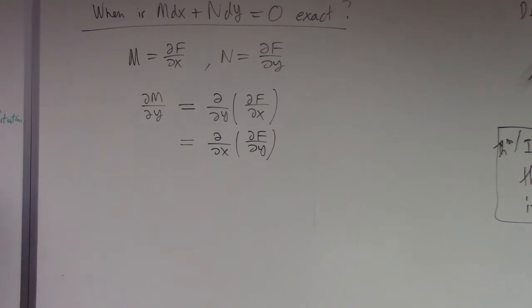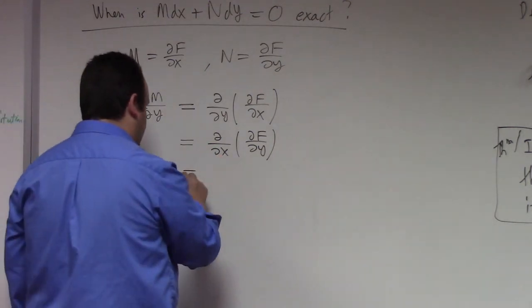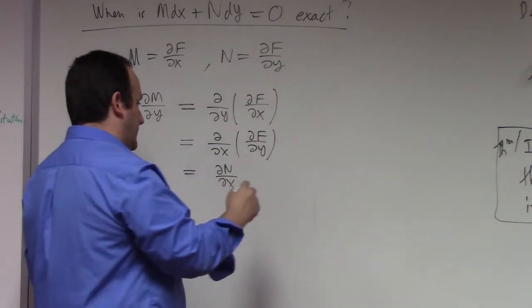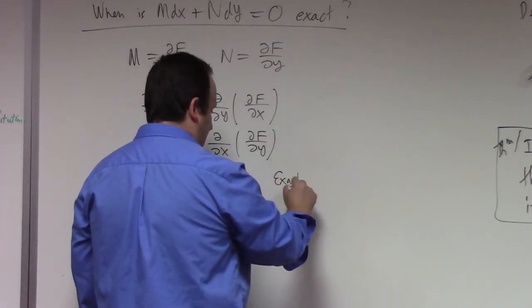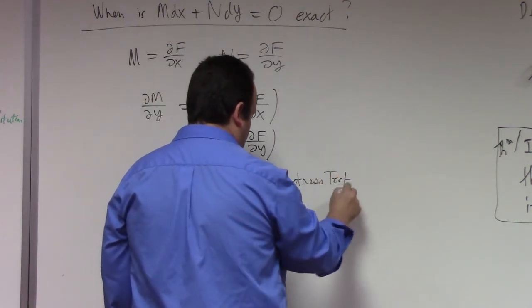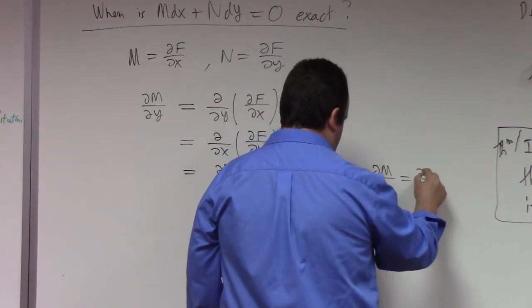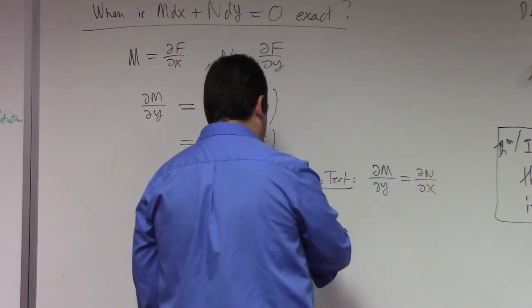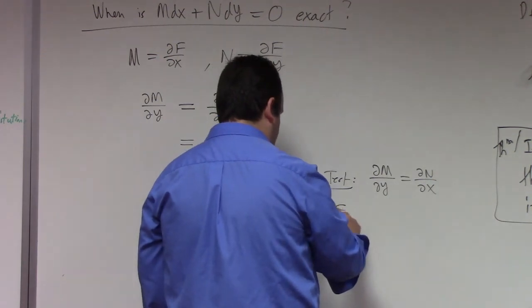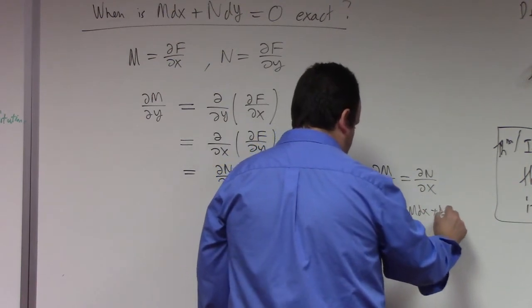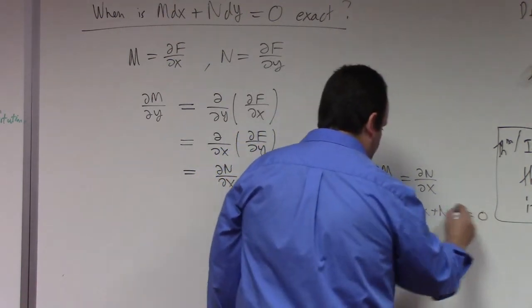But what is that? What's partial f partial y? N, right. So this would be partial n partial x. So the exactness test: we need that partial m partial y is equal to partial n partial x on U, a subset of R2, for m dx plus n dy equal to 0 to be exact